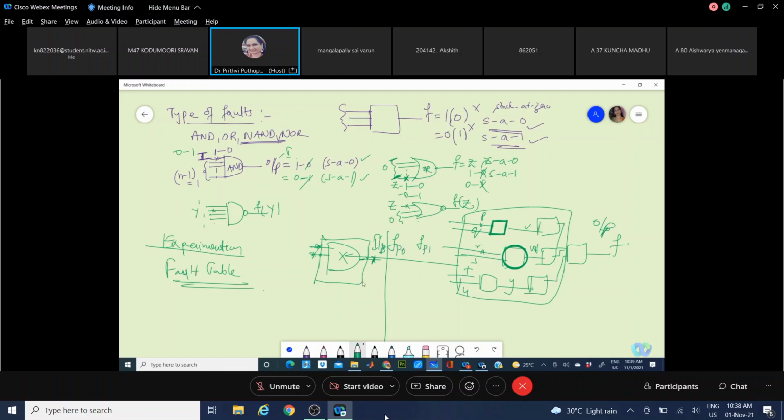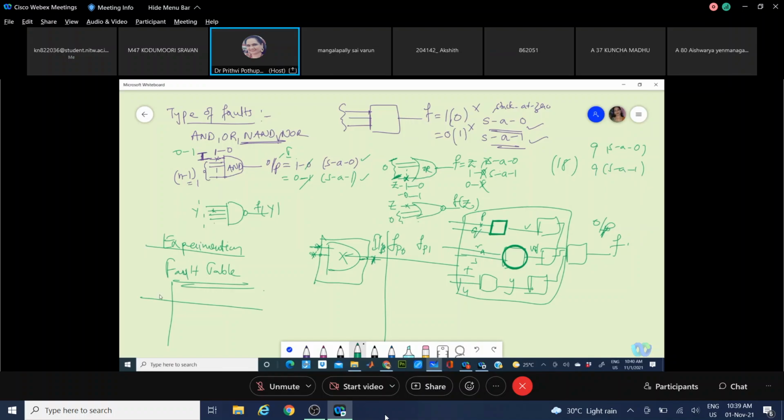Whatever values you are getting will be noted in the fault table. Say you have P, Q, R, S, T, 1, 2, 3, 4, 5, 6, 7, 8, 9. Nine means 18 columns will be there: nine for stuck at 0 and nine for stuck at 1 on that line.